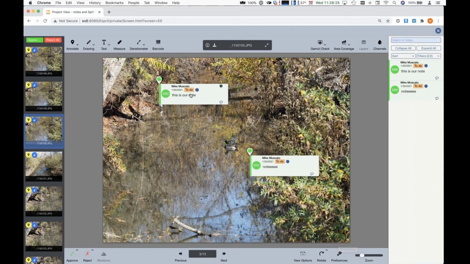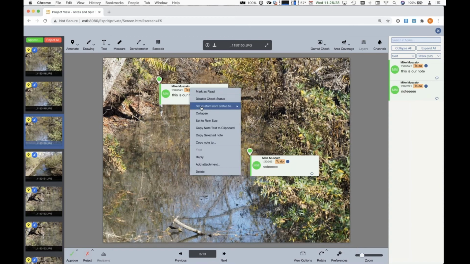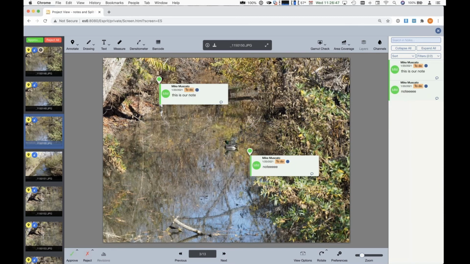If I write, notice this option says set custom note status to. You'll notice I have these different statuses here: to do, it's been done, or it's been fixed, further review. And again, these are just arbitrary. These are just some that I put into place. Now, the reason those could be handy,